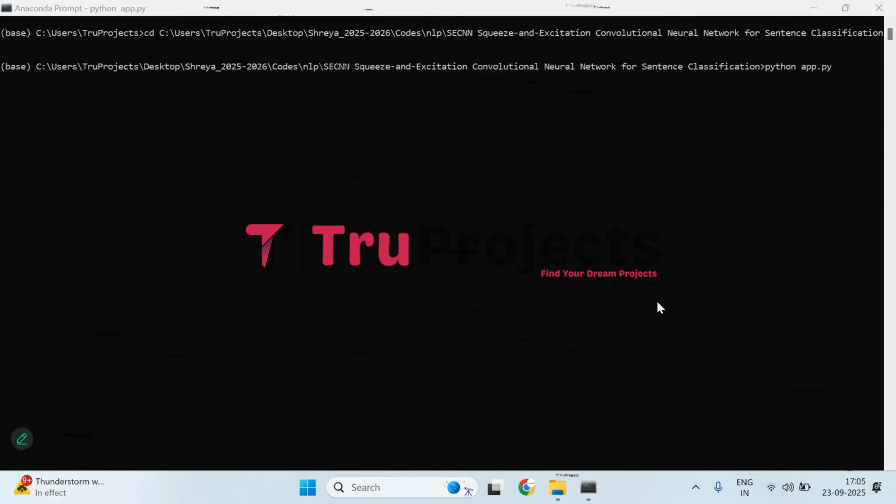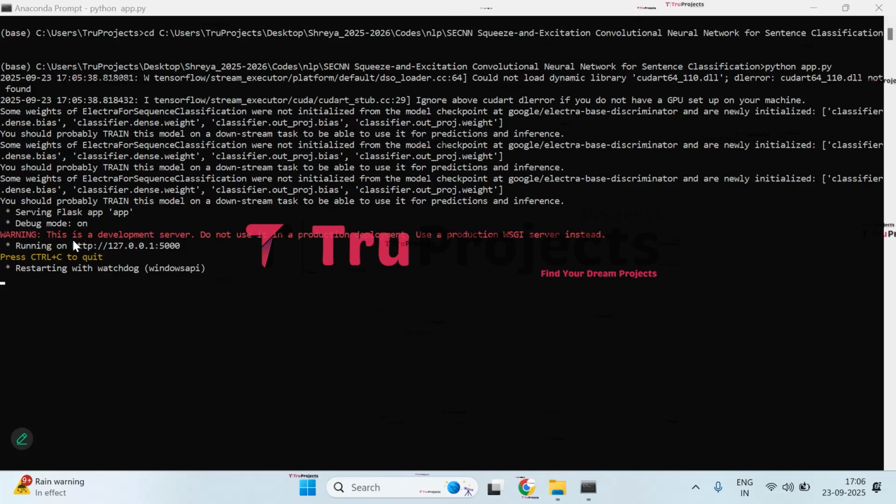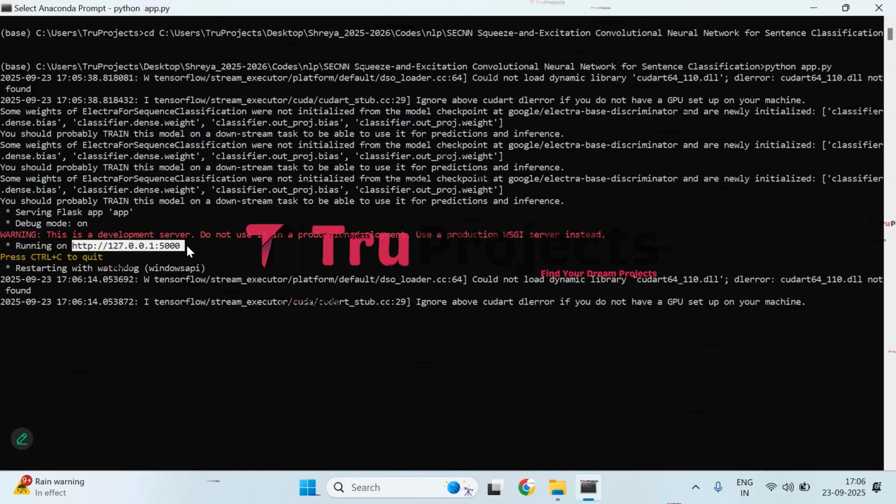So this command will execute the Python script and perform a runtime check for any syntax issues, that is any syntax errors or logical issues. And after running the app.py file, the Flask framework will host the application locally at the default address, which is the localhost and the port, unless configured differently. So just wait for a while, the file is being compiled. So this is the address where the application has been hosted.